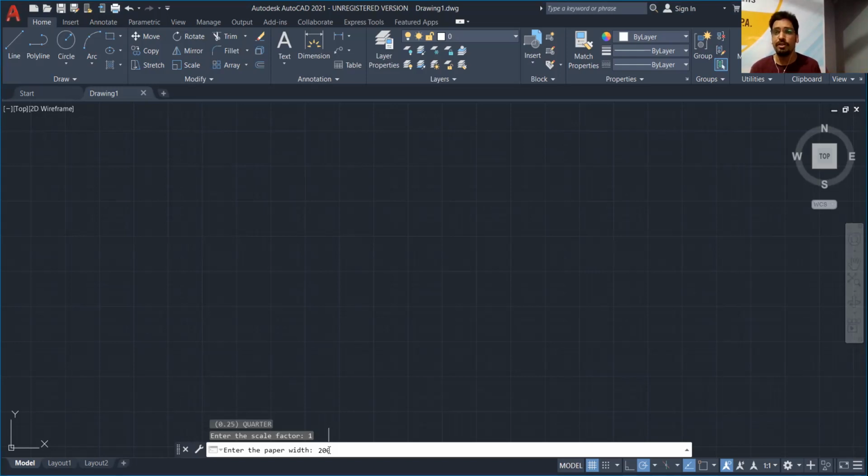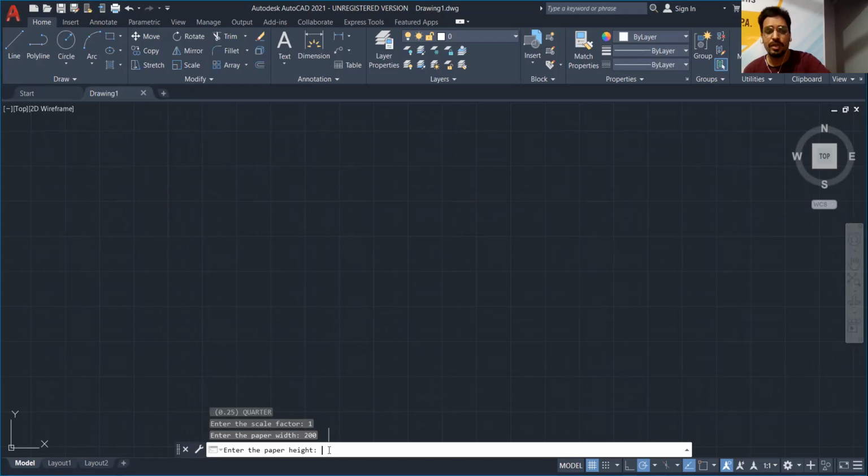After the completion of the drawing, you have to write that all the dimensions are in mm. Okay, then press enter. Now it is asking you to enter the paper height. So you have to select the paper height according to the dimension of the object.